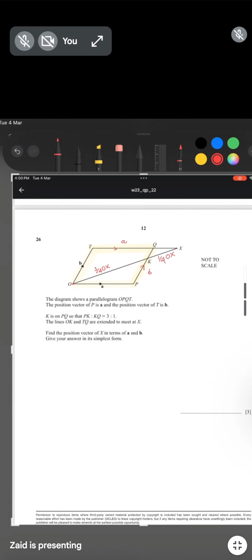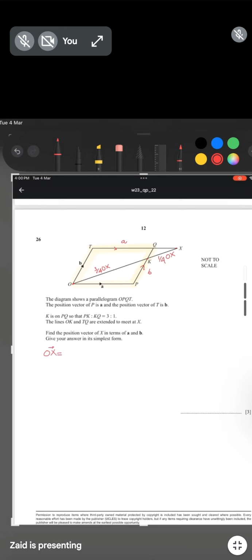Now what we need to do, the lines are extended, and we have to find the position vector of X in terms of A and B, and give the answer in simplest form. So I have to find the position vector of X. That means I have to find OX. Now, my dear students, to find OX, OX is going to be,